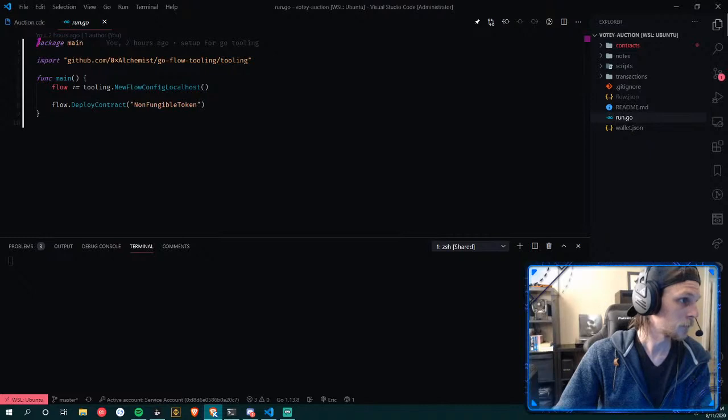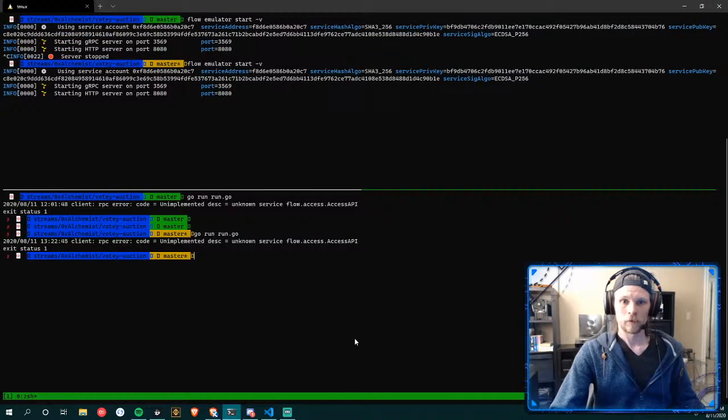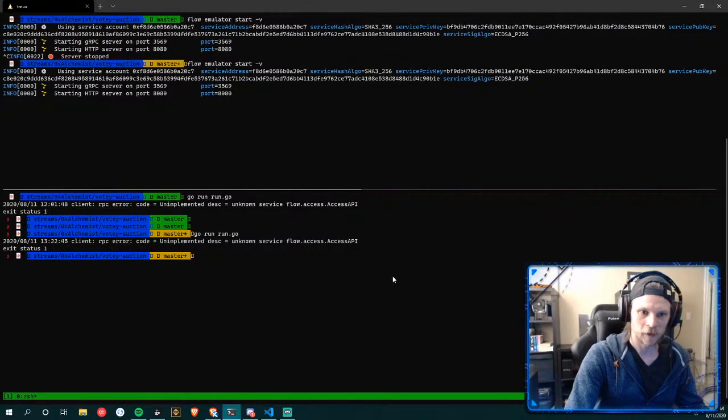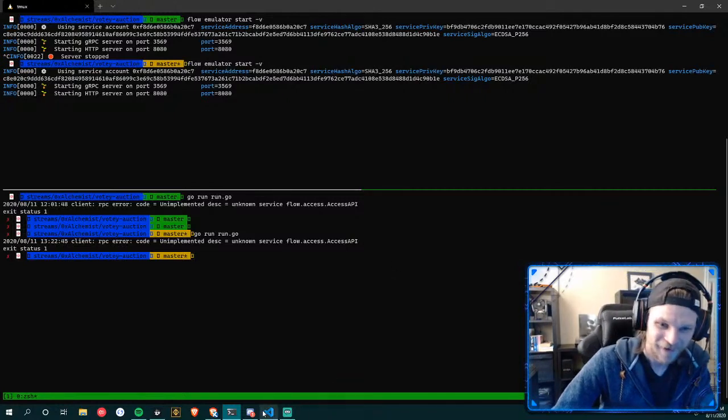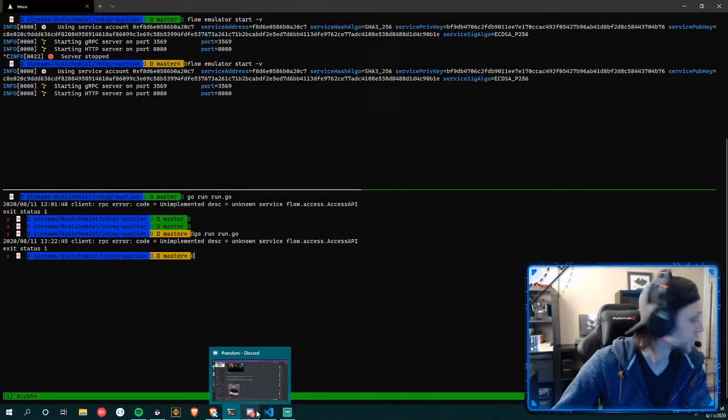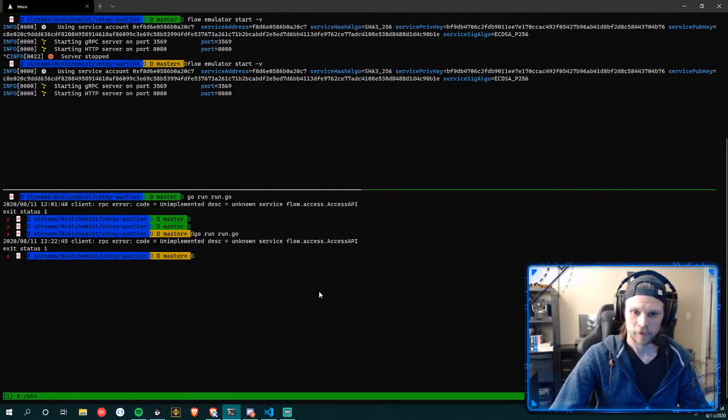Interesting. So can you show me the terminal again and see the error you get when you run this method? Yeah. So I'm getting this RPC error. I did try updating the gRPC and the client Go Flow SDK and all that stuff. I'm kind of out of it with Go and in general this week. I'm burnt out. I need a day off. But yeah, I haven't been able to get past this.